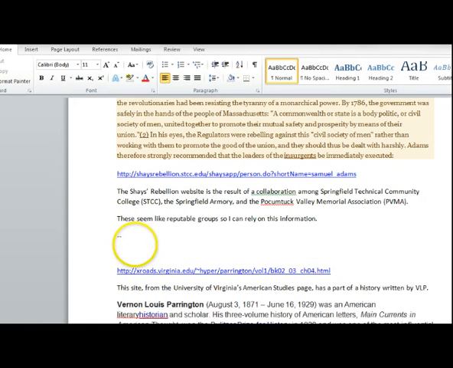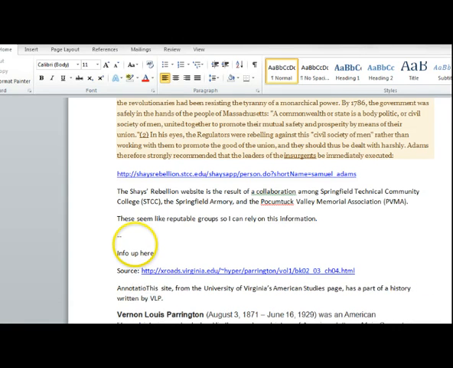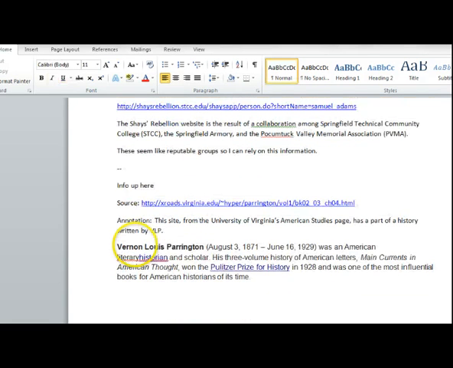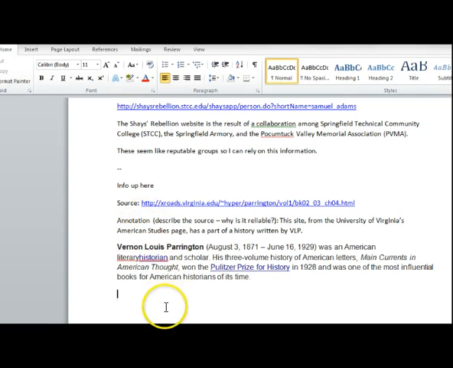So the info that you got from here would go up here, and then this is the source, and then this is your annotation describing the source. And hopefully that makes sense. Describe the source. Why is it reliable? And as we get more sophisticated, we can look at instances